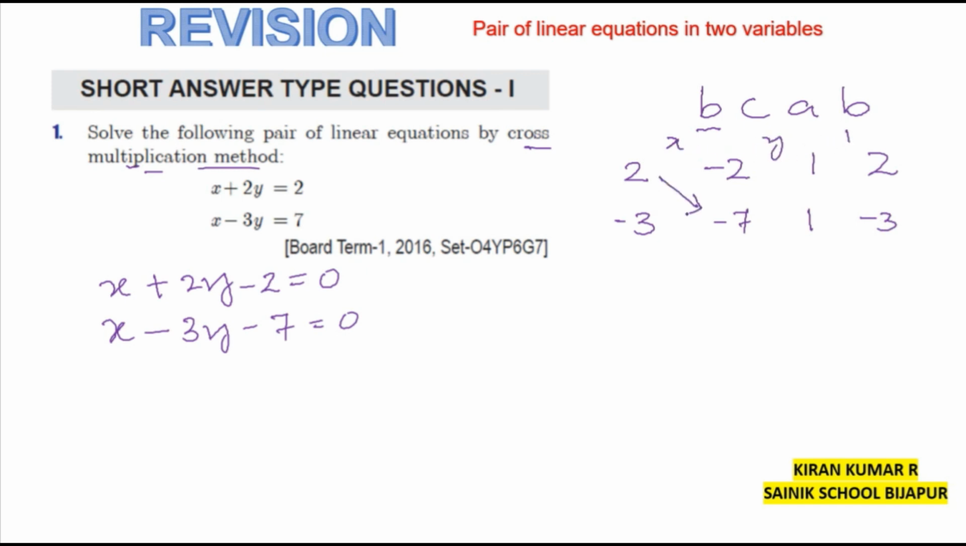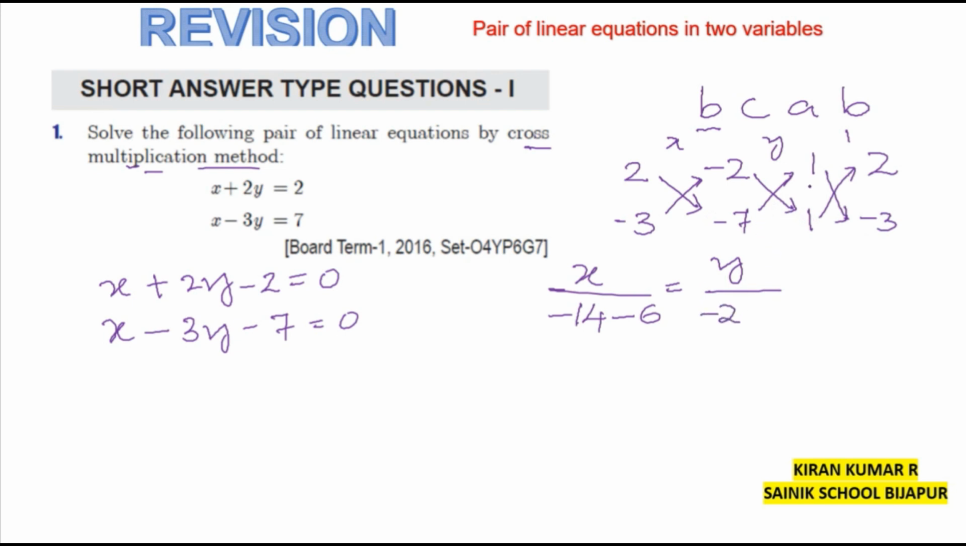Now in the cross multiplication method, you will follow these arrows. Down the arrow you will multiply, up the arrow you will subtract the product. So x divided by 2 multiplied by minus 7 is negative 14, minus 3 multiplied by minus 2 is positive 6, so it becomes minus 6, equal to y divided by the product of 1 and minus 2, which is minus 2,